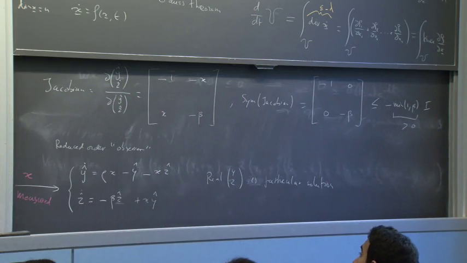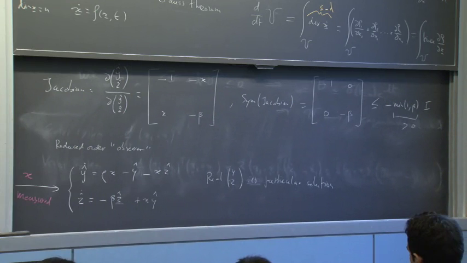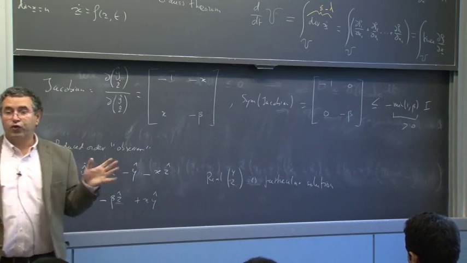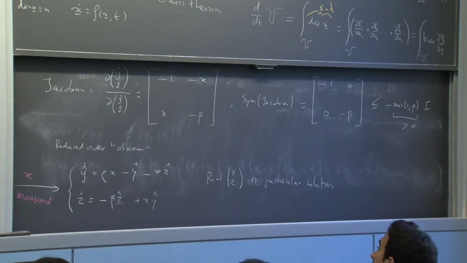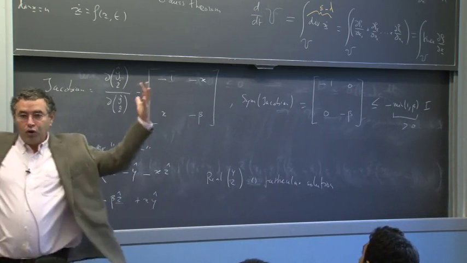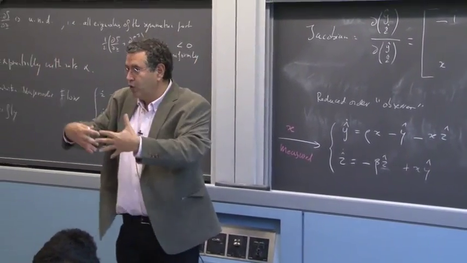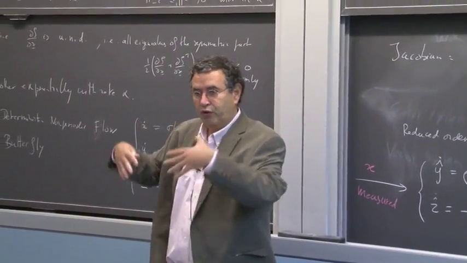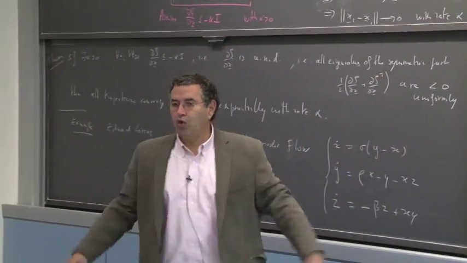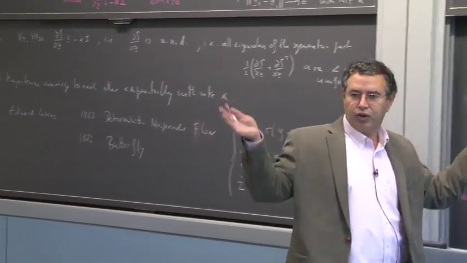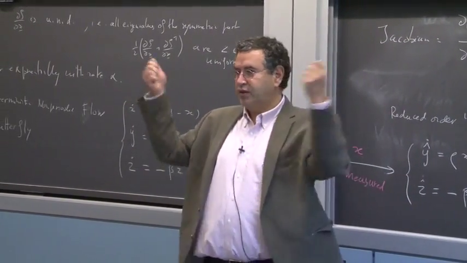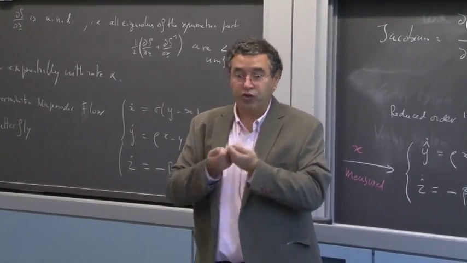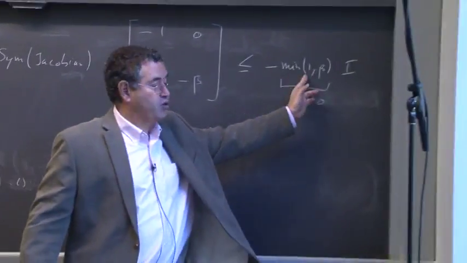So what's the result of this, right? The result of this is that if you take this system, build this trivial observer obtained by just copying the system and using the actual x, you can show in one line that this observer globally exponentially converges to the real y and z, starting from any initial condition on y and z, although the system is chaotic, unstable, and all these weird things, right? The y hat and z hat are going to converge to y and z exponentially fast, and you know the rate, right? The rate is the minimum of 1 and beta.